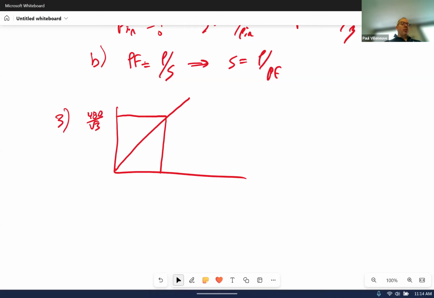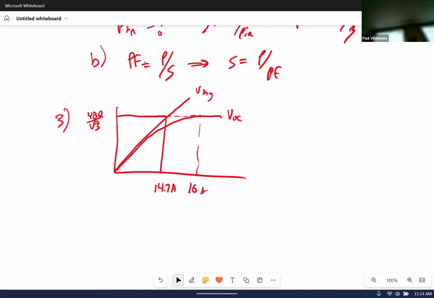We have a field current of 14.7 amps. Then we have our open circuit characteristic, which says to get to that same value of voltage, I need 16 amps. So this is the V open circuit. This is the air gap. And then finally, I have my short circuit characteristic data, which says that, let's just go like this, because this